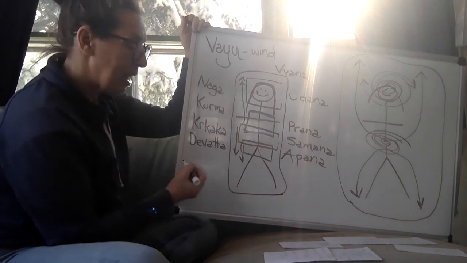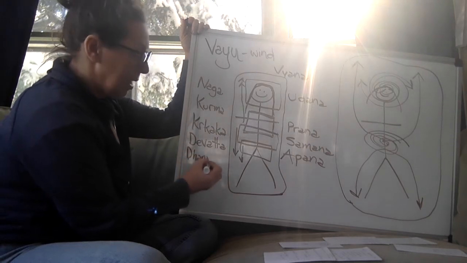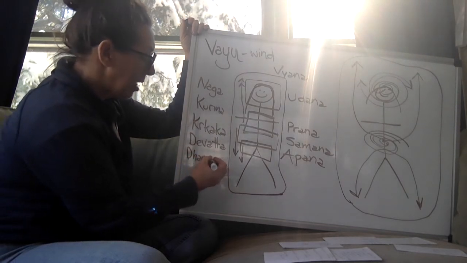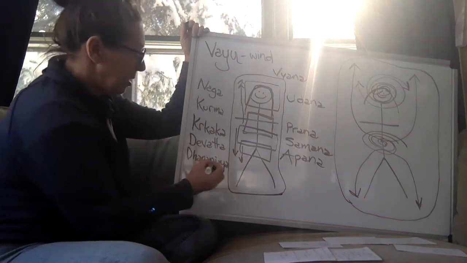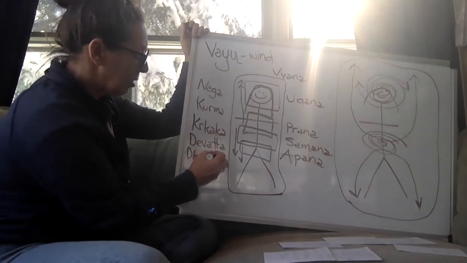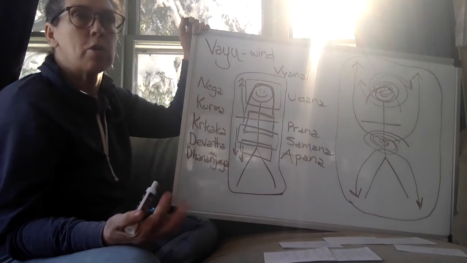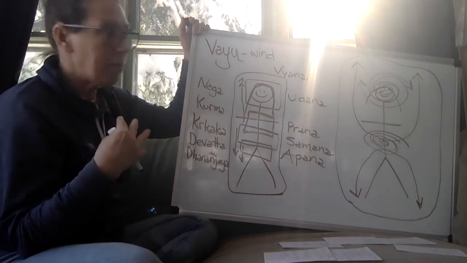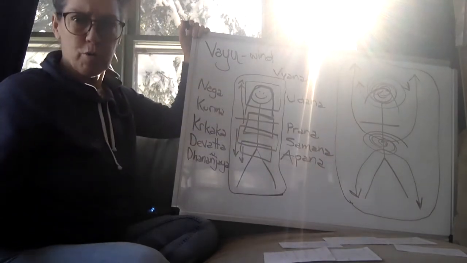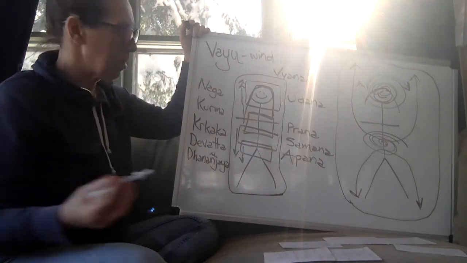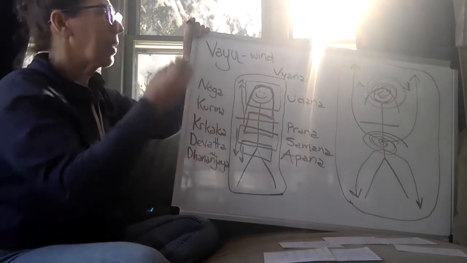And then Dhananjaya, D-H-A-N-A-N-J-A-Y-A, and the N has a little thing over it. Dhananjaya is all body parts. So it's a subtle Vayu of all body parts. And then Vyana Vayu is the larger, stronger, full force wind of all body parts. Those two, I think I matched up correctly. The rest, I don't know.